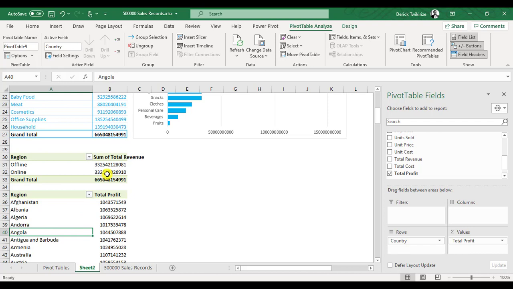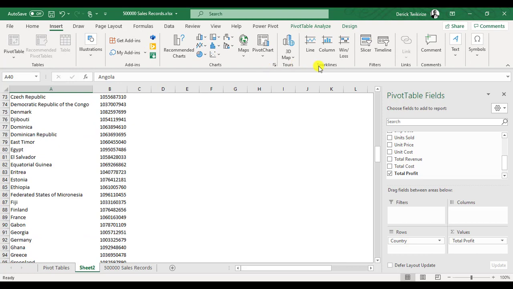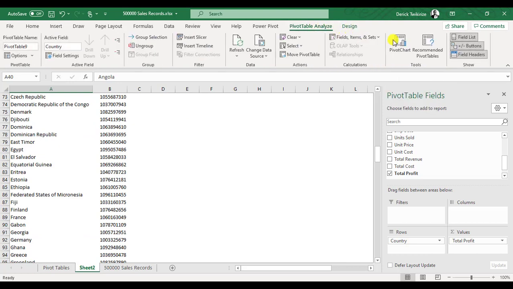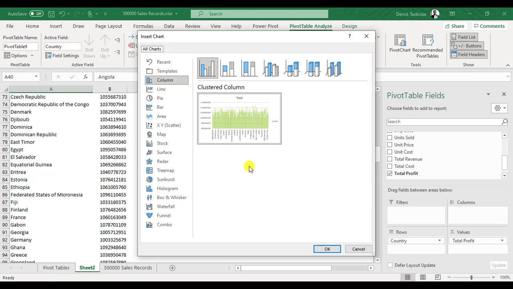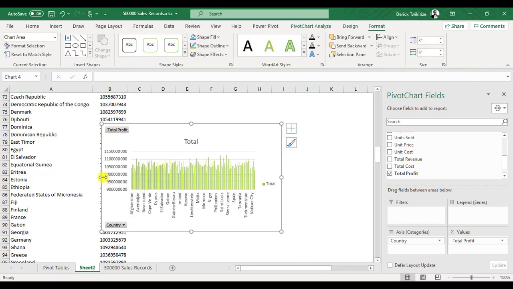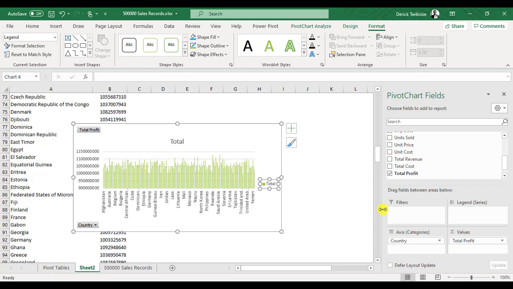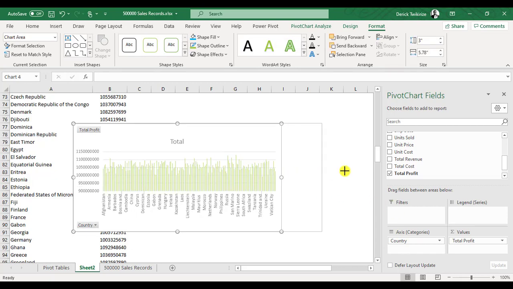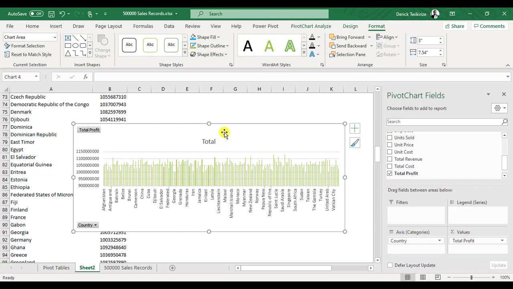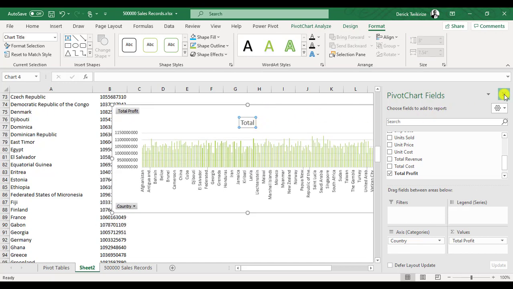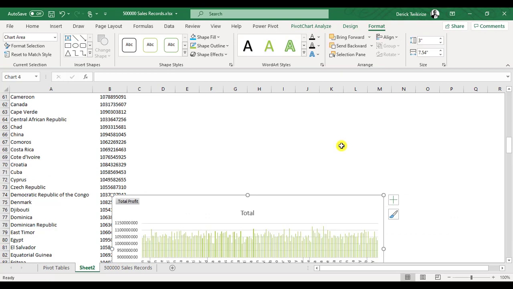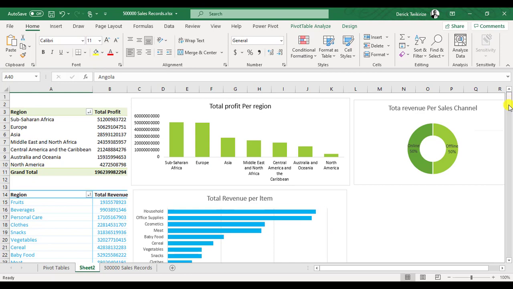So here we could insert a bar graph, but this is too long. We may not be able to really represent each country. There are very many countries. Let's try and see. You could see that. That is how it's looking. It's really looking like a lot of small bars there beyond recognition, but it could still be part of your report if you're interested. Let's just drag it, put it here,